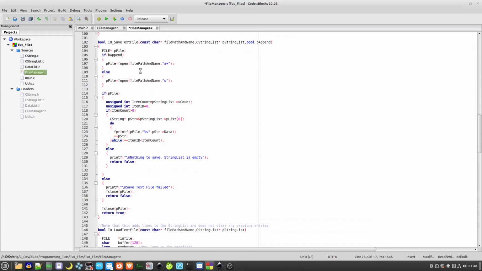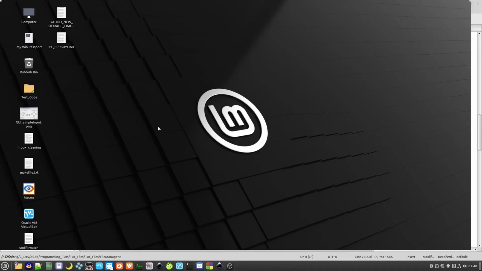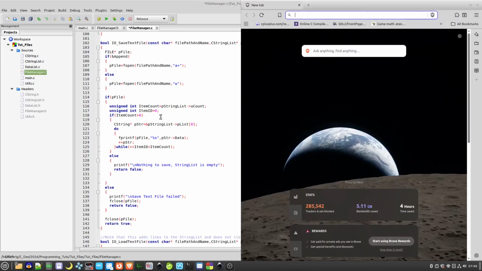So I will now go over the save text file bit here. So in conjunction with where